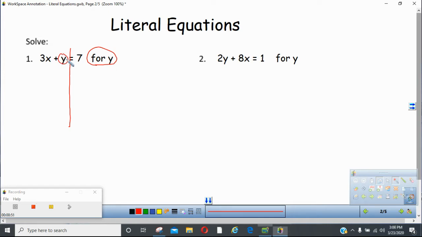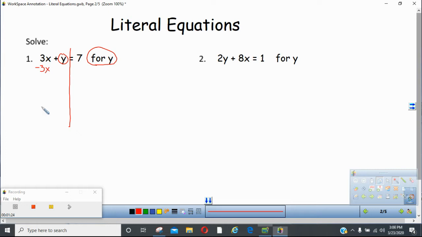And so remember, we're still following these same rules. Like I said, don't worry about what the answer looks like. Just worry about we've got to follow the rules to make sure that we get y by itself. So this is the inside of the onion. There is no layer right here, but there is this outer layer. So the only layer we got to take care of is this outer layer right there. And so this 3 and x are together, okay? And so if this is a positive 3x, I can get rid of this by subtracting 3x,